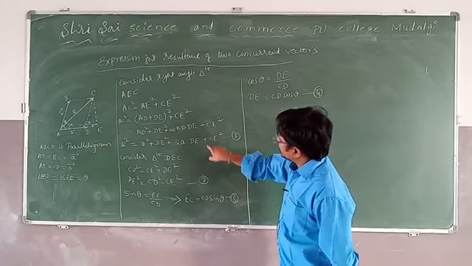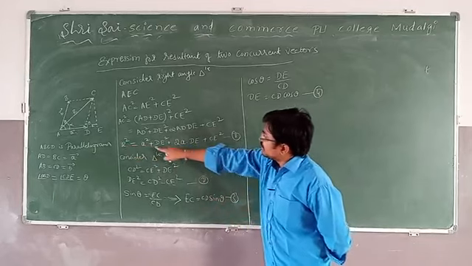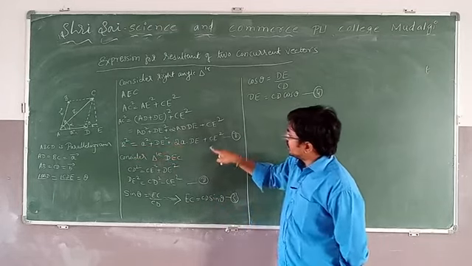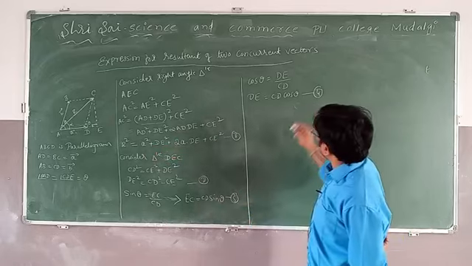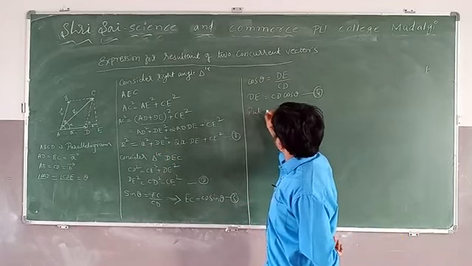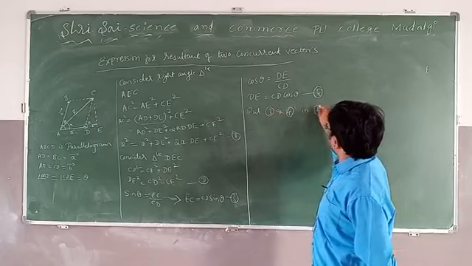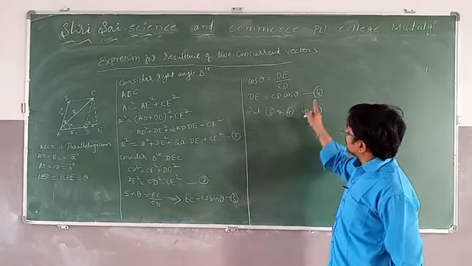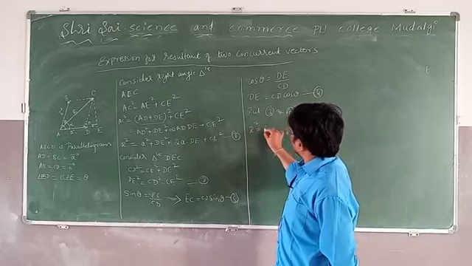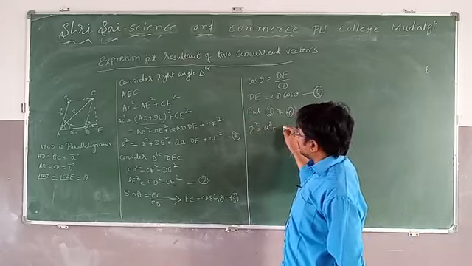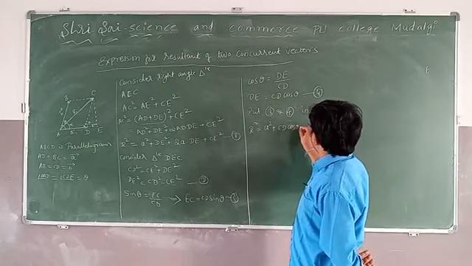What do we require in equation number 1? We require R square. Here DE we don't know and EC also we don't know. Now we have calculated both 3 and 4. Put 3 and 4 in 1. R square is equal to A square plus DE, what is the DE? CD cos theta plus